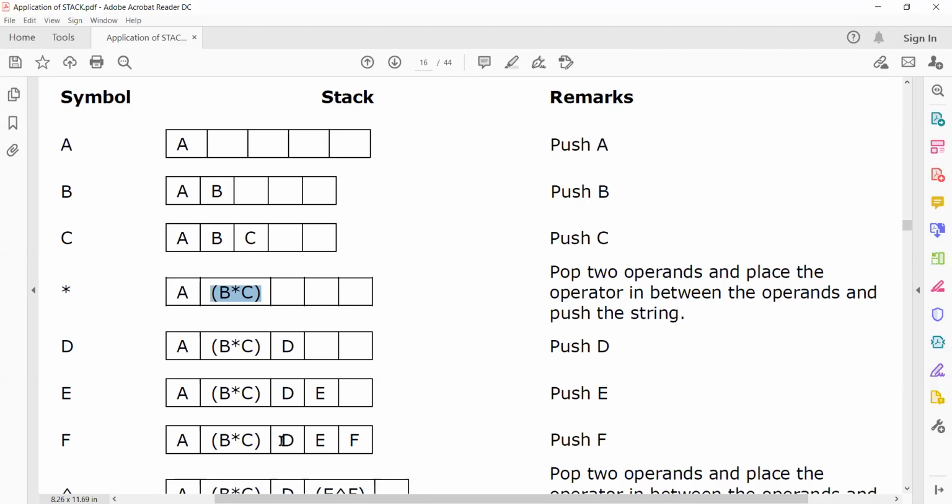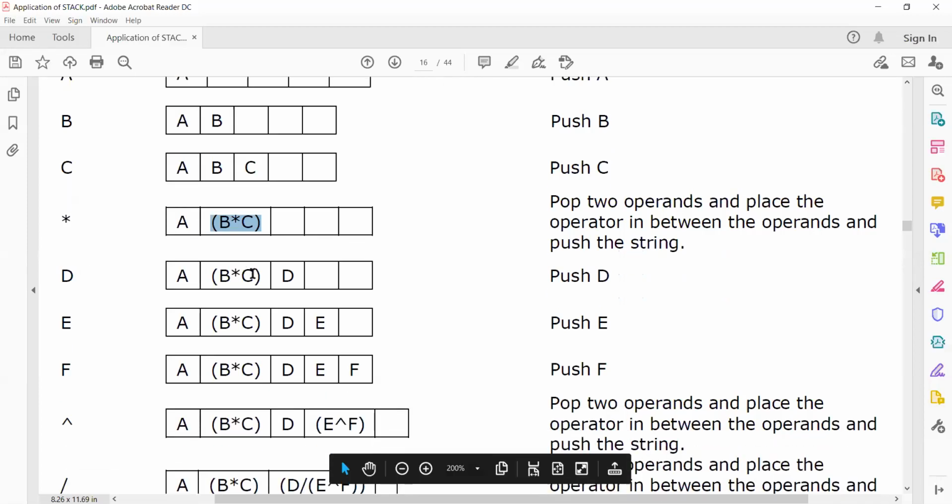That is the reason we apply the BODMAS rule in expression evaluation. To differentiate that, we are using parentheses here. So when you place the operator between the operands, make it a string by adding an opening parenthesis at the front and a closing parenthesis at the end. That's it.